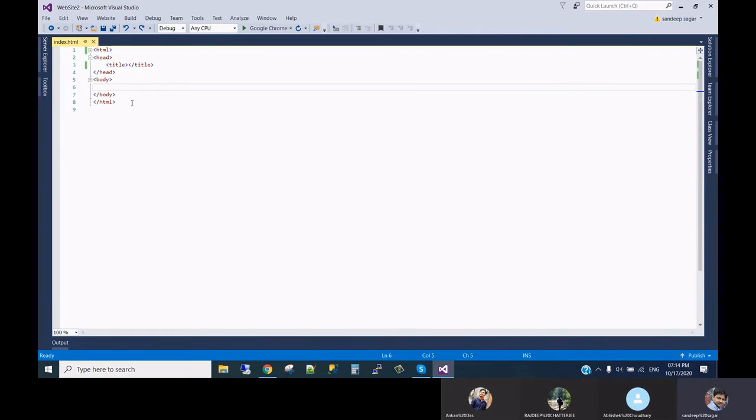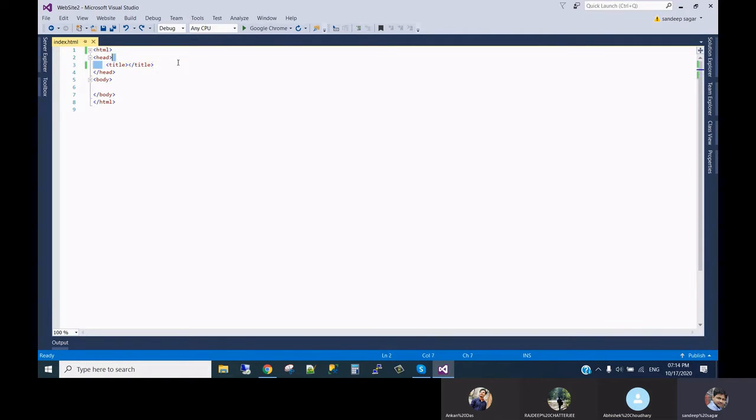So this is the basic tag of HTML. To make a website or a web application, we need to write an HTML tag with an opening bracket and a closing bracket. When we write HTML, the less-than and greater-than signs make one tag, inside which HTML is written, and for the closing we just give a slash. This is the basic to start with, and inside there are two parts. One is the head of the HTML, and the second is the body.